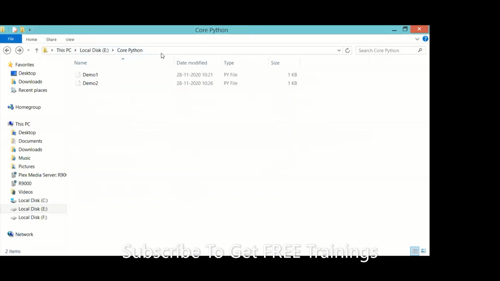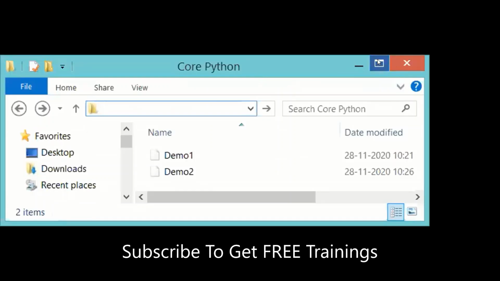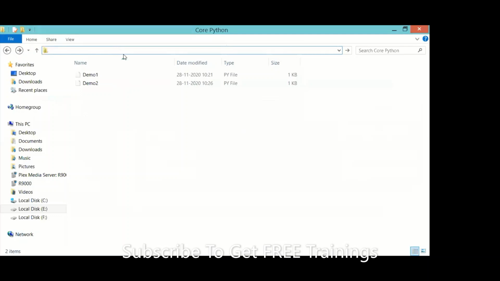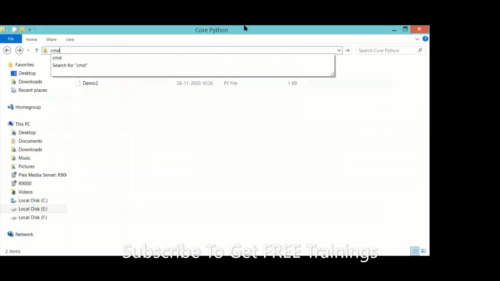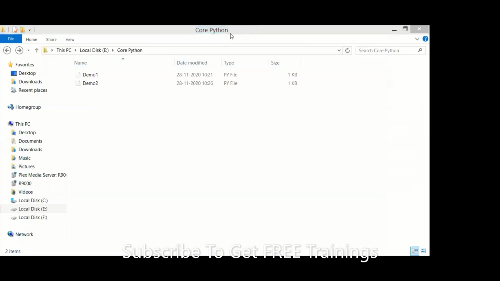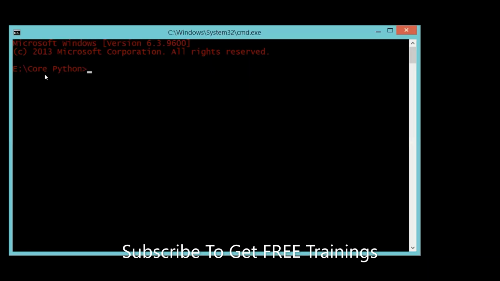right? Just go to here. Observe everyone. Just go to here. Remove this address. Everyone, remove this address. Delete that address and simply type CMD. Hope you can see my screen, everyone. Right? Remove that address. Type CMD. CMD. It will open the command prompt directly in your specified location. Now you can see that here is the opened command prompt. Okay? Right. Simply you can do this.